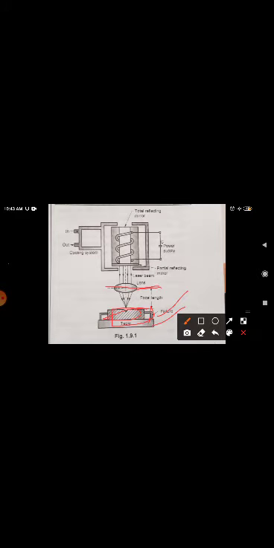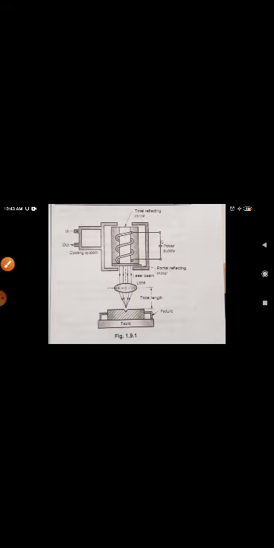Then the workpiece is fitted in this fixture. See, this is the workpiece table and fixture on which it is fitted. You kindly see that the workpiece is placed such that the distance between the axis of this lens and the workpiece surface is equal to the focal length. You have to place the workpiece in such a way that the distance between workpiece and the lens is equal to the focal length.